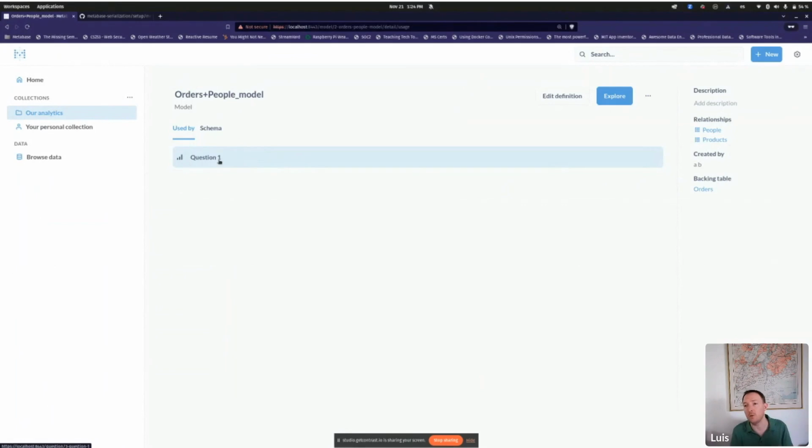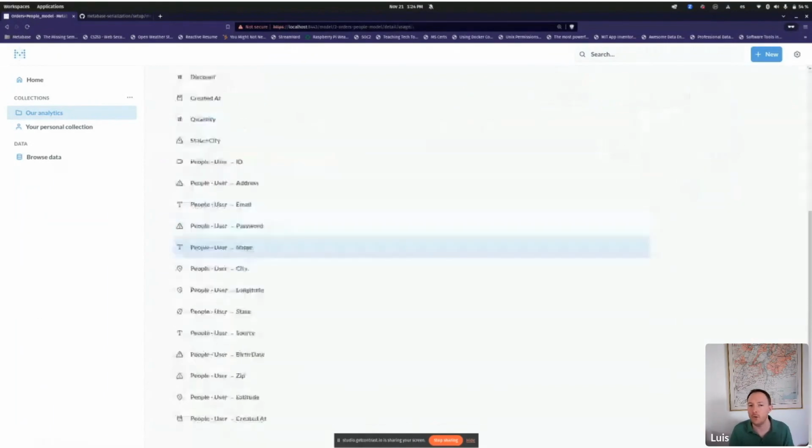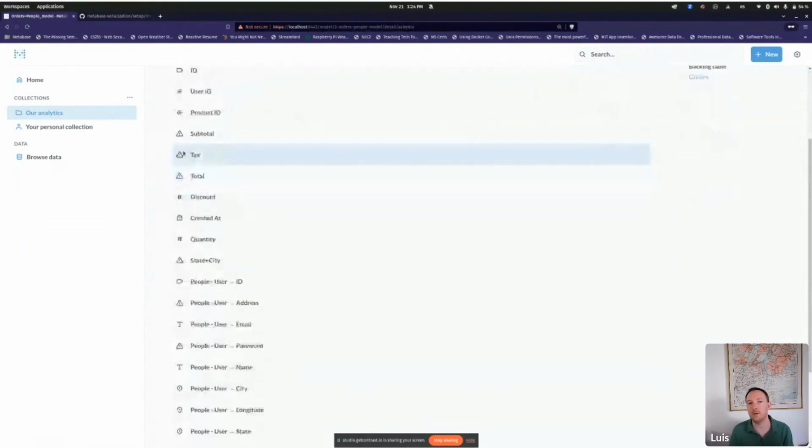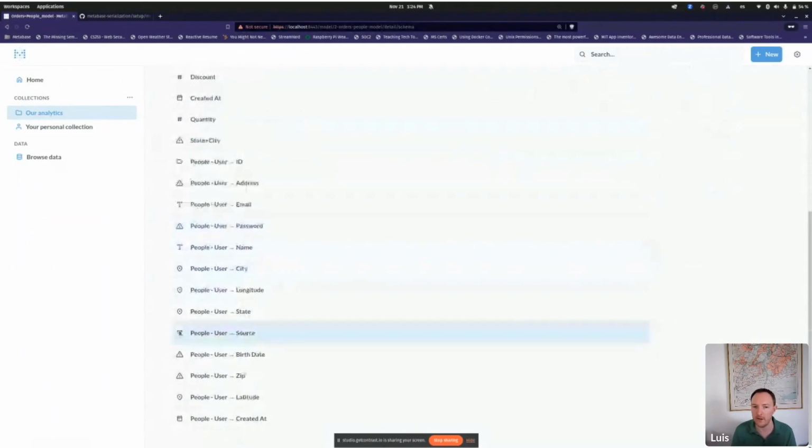So this is really cool, right? I mean, now I know which questions are based on my model, so I know the impact of changing the model. You can use it here. You can know the schema. You can know things like, text is an unknown type. I need to go and check the semantic model of all this, because I'm not inheriting